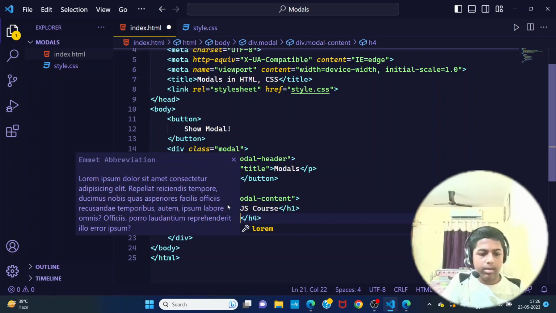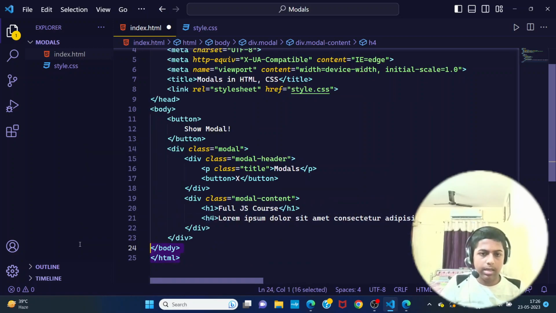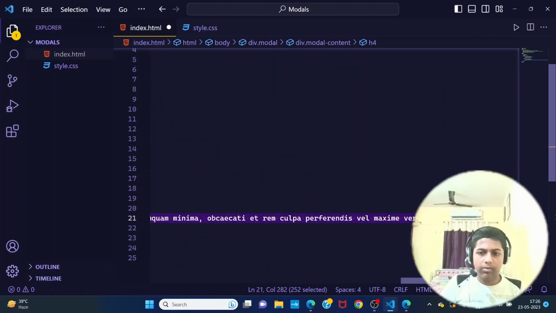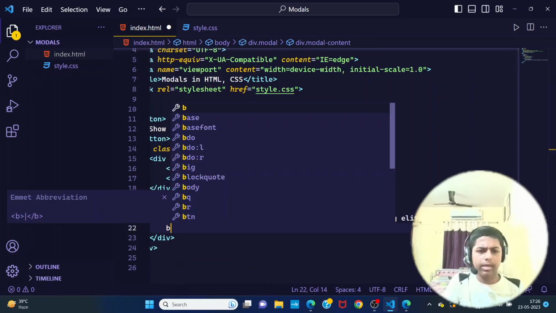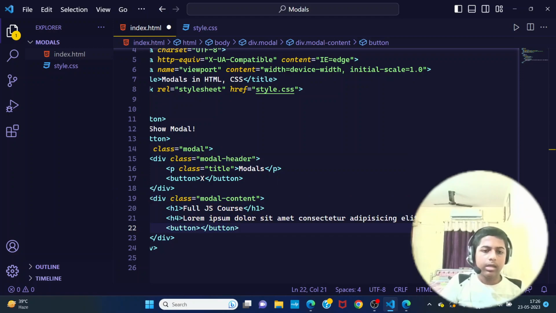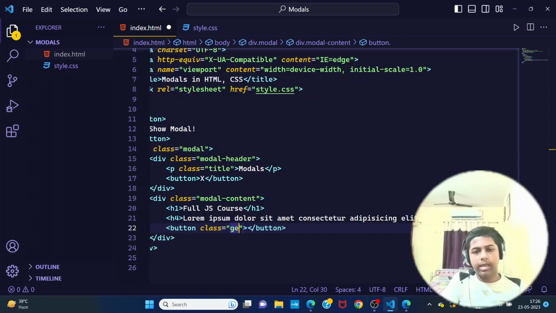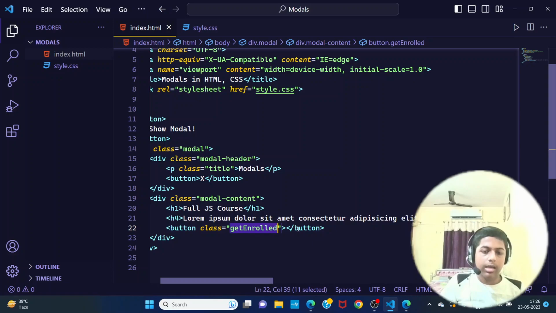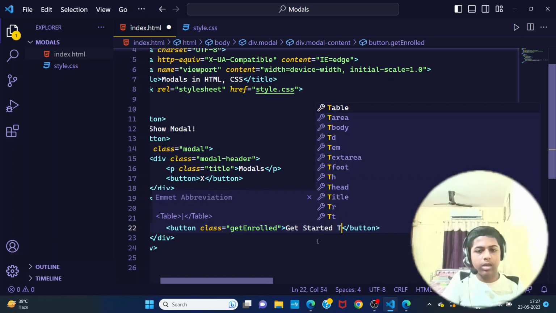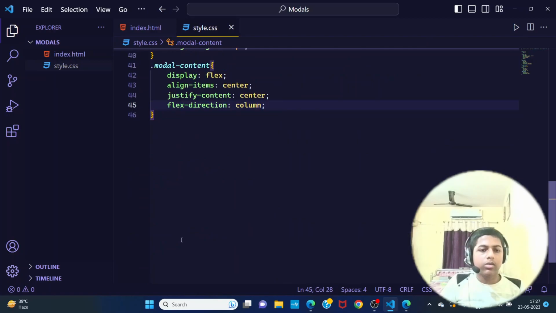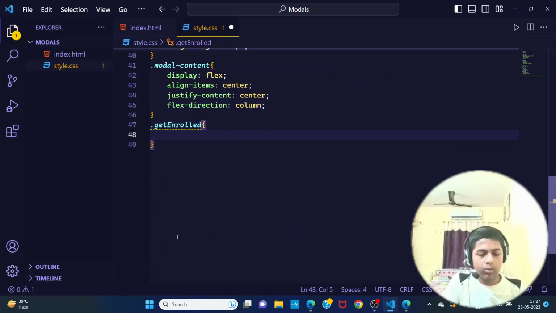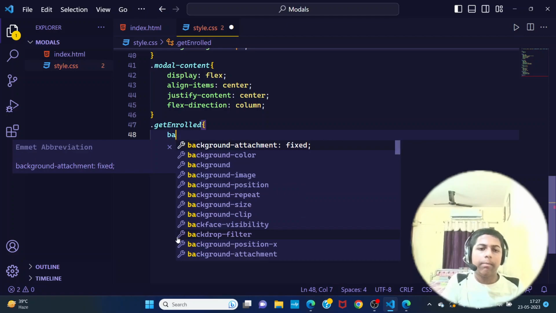Then after this we are going to make one button here, and we are going to give it one class, like get-enrolled. Let's copy this class and give the button some text, like "Get started today." And now let's select .get-enrolled,